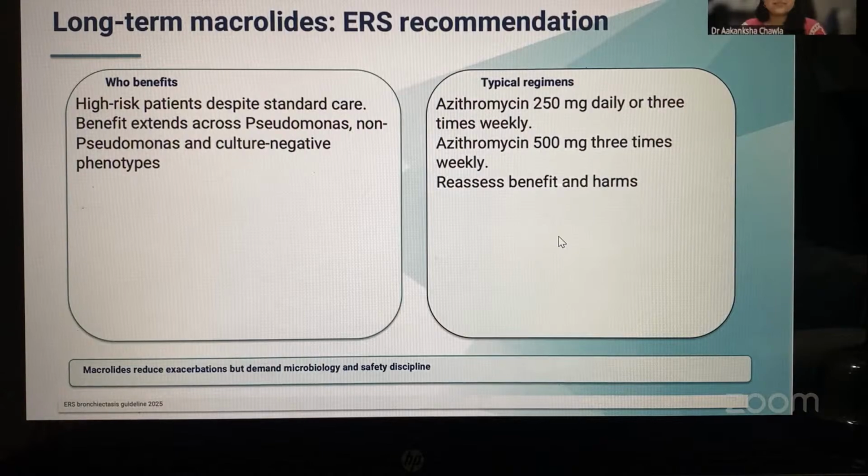Now, I had mentioned initially also when we were talking about bronchiectasis about the airway clearance and pulmonary rehabilitation. It is even recommended strongly by the ERS 2025 that airway